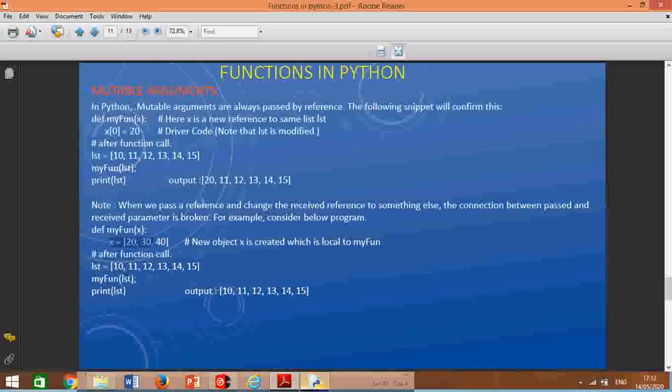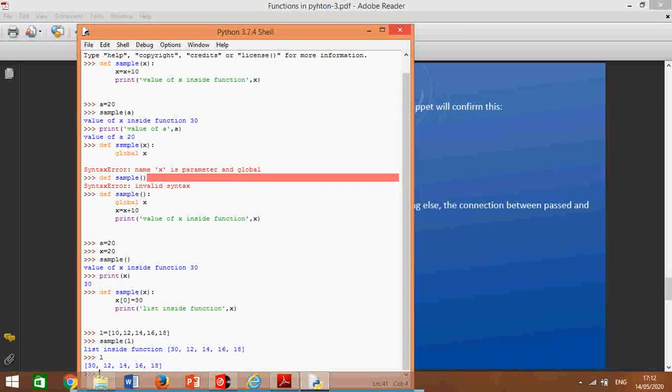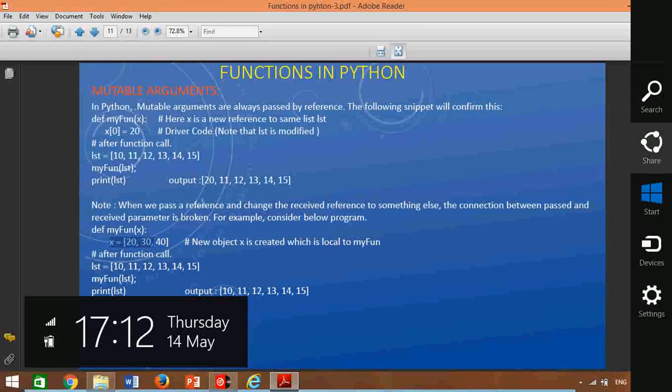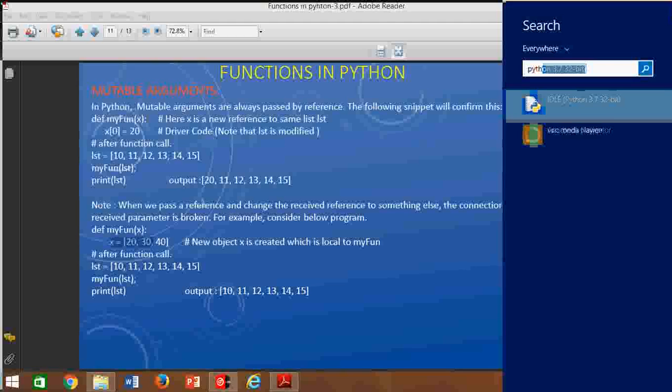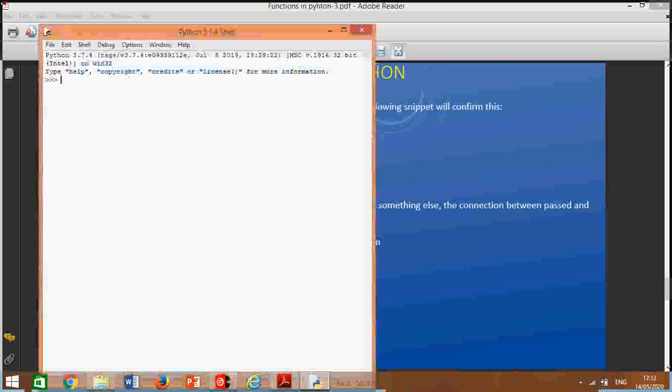So again check it on the editor. I will open a new editor. So let us see, def sample x colon x equal to 10, 12, 14.